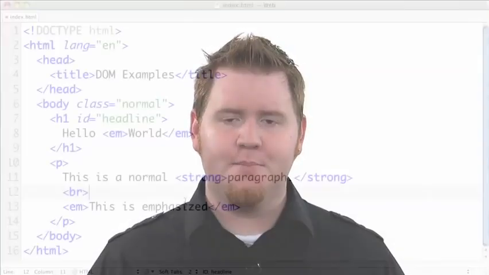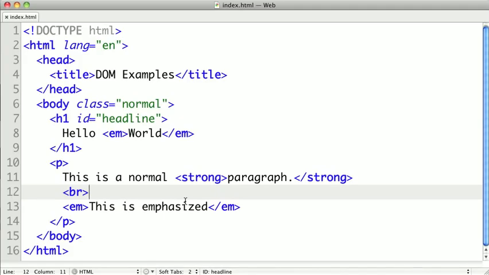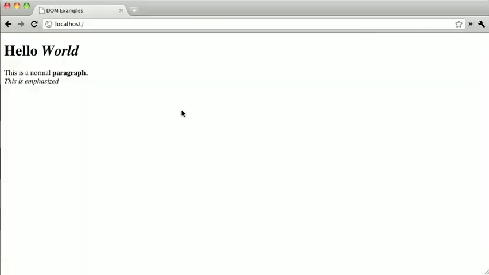In the last video, we learned about the Document Object Model, or DOM. In this video, we're going to interact with it in our browser. We'll be using this very simple HTML file to experiment with the DOM. Now, I have my document loaded up in my web page right here, and I'm going to open up my